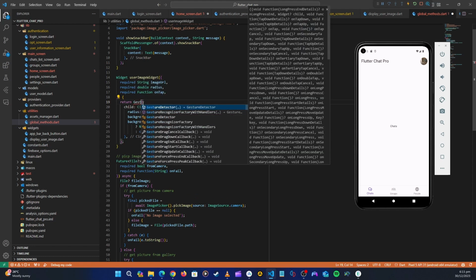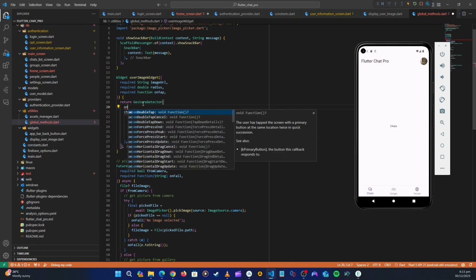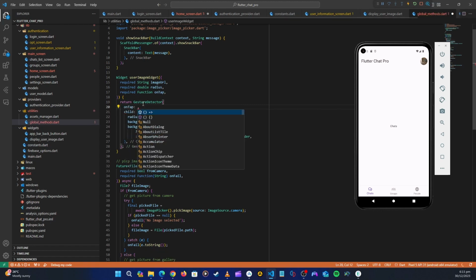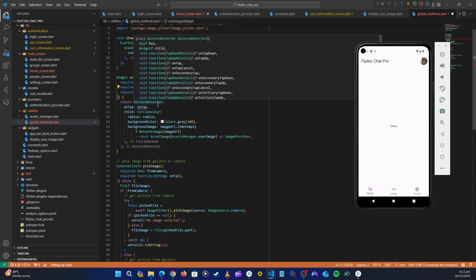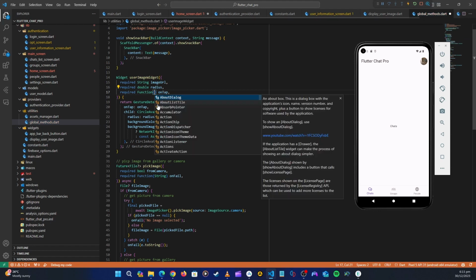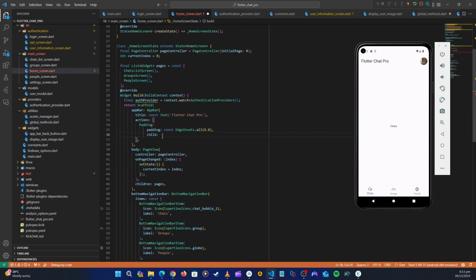Let me use the gesture detector, and then on top, I'm going to call our on tap. Okay, like that. So we can put this as a void function. So up here we can put these brackets like that, and then it's a function like that. So now we're going to get this user image widget, and then go back to the home screen, and then call it here